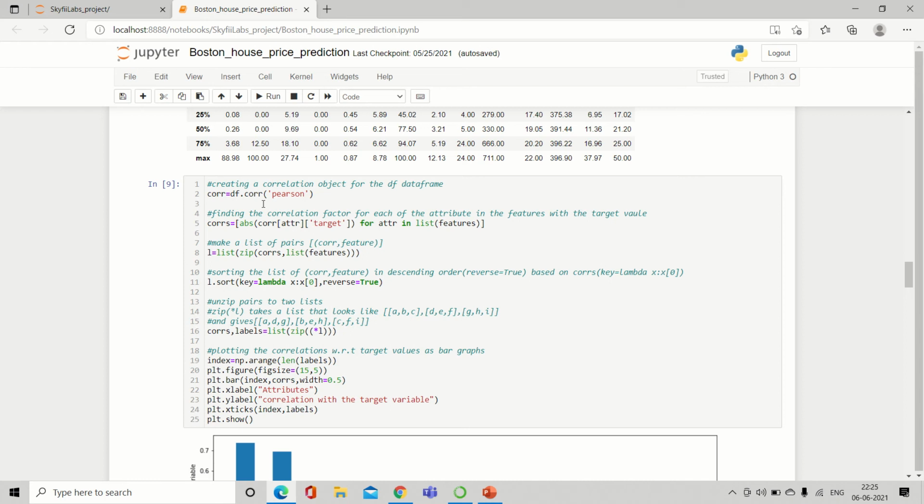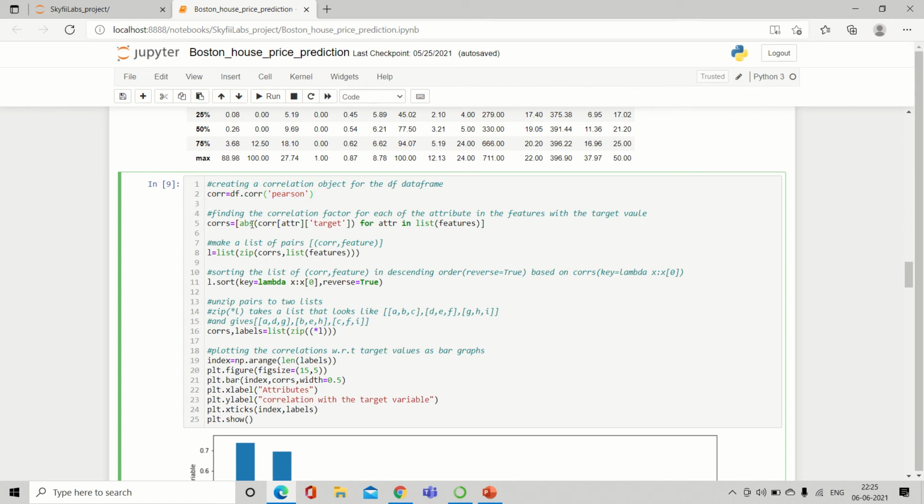So we are going to pick the feature or attribute that has the maximum correlation with the target value, and use that attribute for predicting the price of the house. Here I'm going to use the Pearson method. We have many methods, but here I'm using the Pearson method.